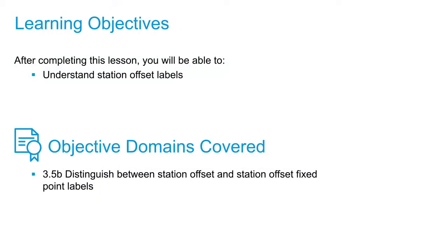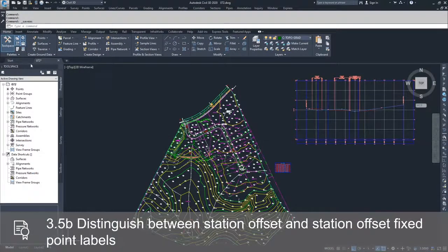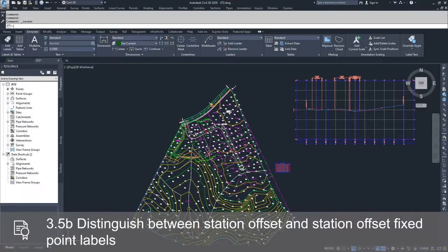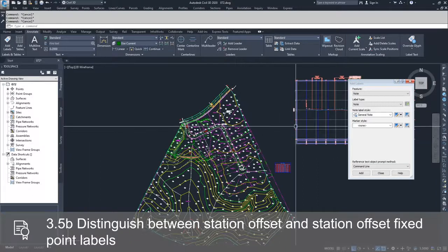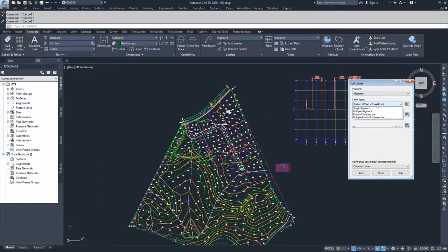In this video, we're going to get into the differences between the station offset labels for alignments. We're going to talk about the station offset and the station offset fixed point labels. So again, we're going to navigate up to the annotation tab. We're going to click on add labels, and we're going to drop down on our features to our alignment. And we're going to go to a station offset fixed point, and we're going to